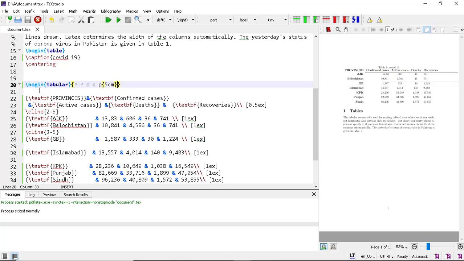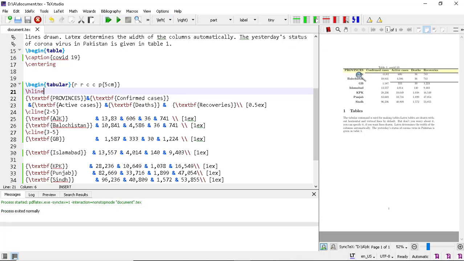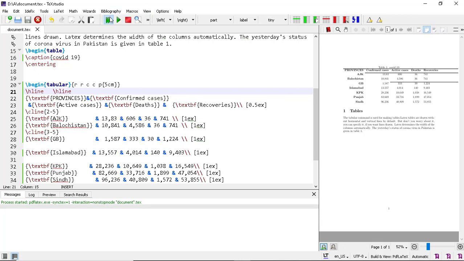You can add horizontal lines. The command hline puts the horizontal lines in the table, slash hline. If you want a double horizontal line, then again type slash hline for the border of the table.